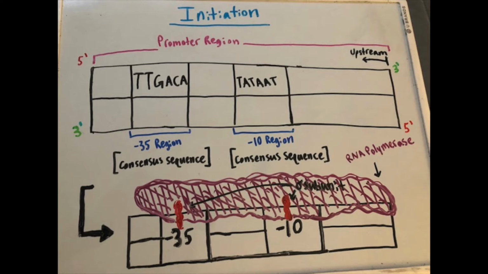Starting with initiation, I will replicate the promoter region of the DNA sequence, which is where the RNA polymerase will bind to and continue into the elongation phase of transcription. First, we have the -35 region, which is one of the sites that the sigma subunit will bind to, along with the -10 region, which is another binding site for the sigma subunit of RNA polymerase. Both these regions are consensus sequences that describe the nucleotides present and are located upstream, prior to the start of